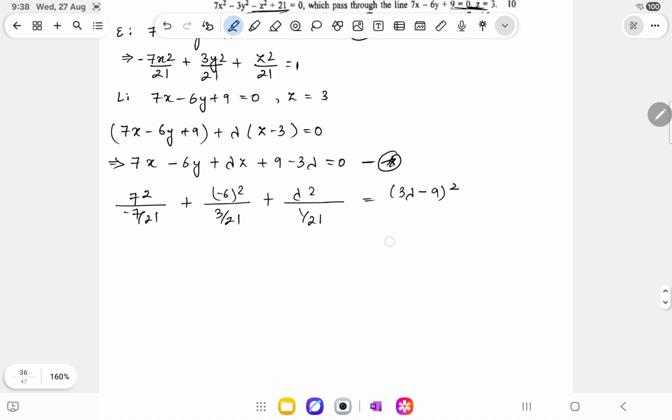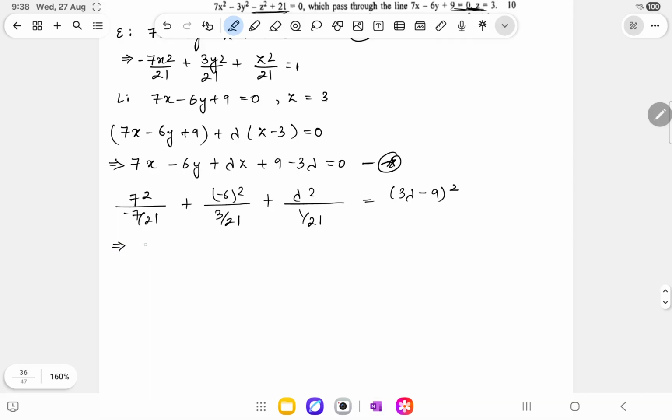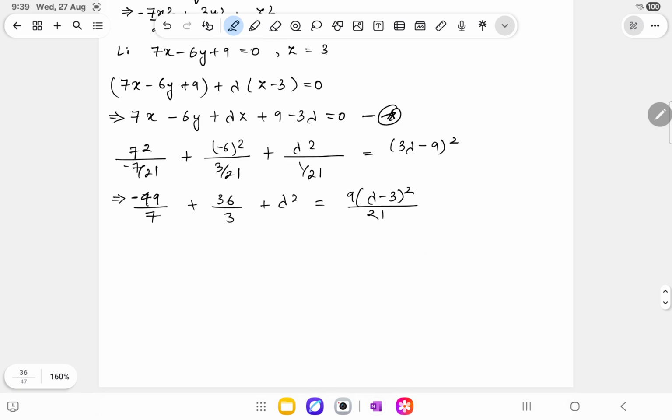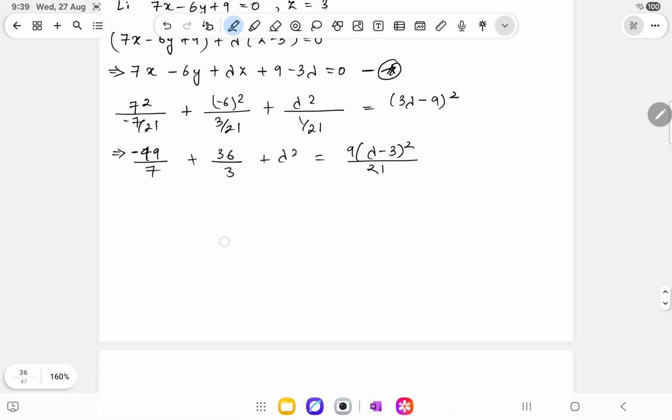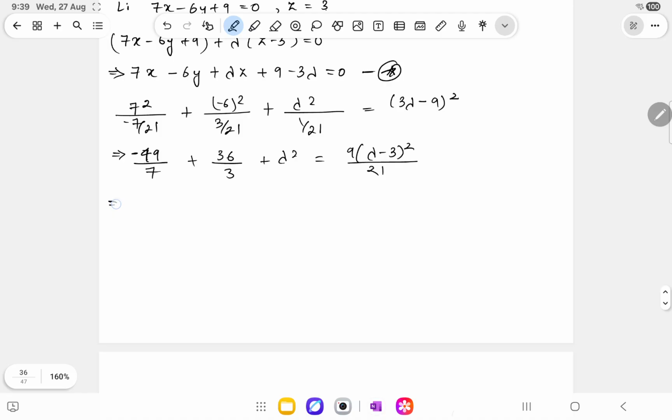If I simplify it, I'll get 49 minus 49 upon 7 plus 36 upon 3 plus lambda square equals (lambda minus 3) square by 21. I can simplify it, I'll get minus 7 plus 12 plus lambda square into 7